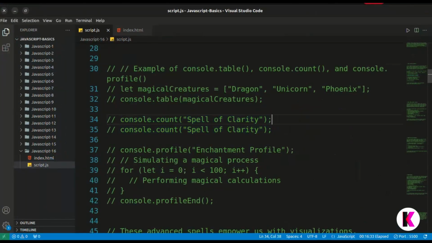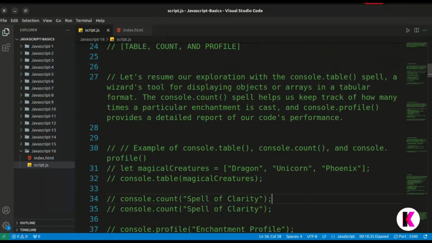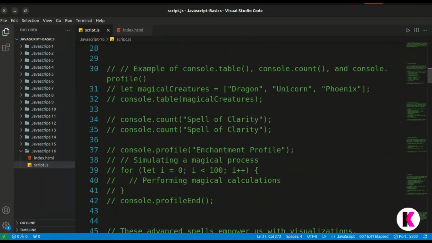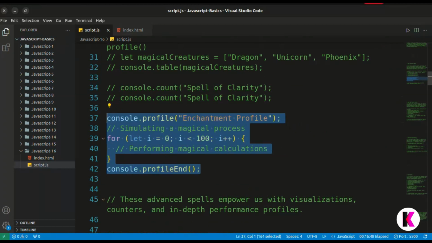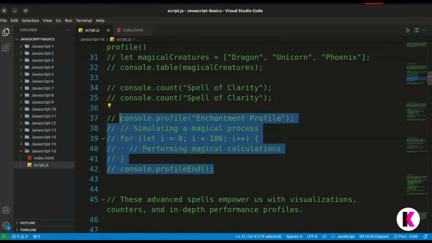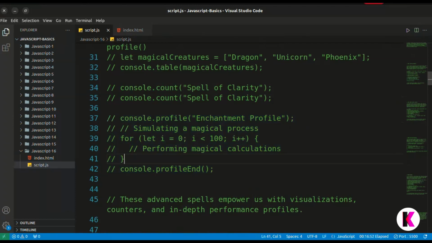So next is console.profile, which provides a detailed report of our code performance. So let's use the console.profile. We have here a for loop, which the code information we will get in the console.